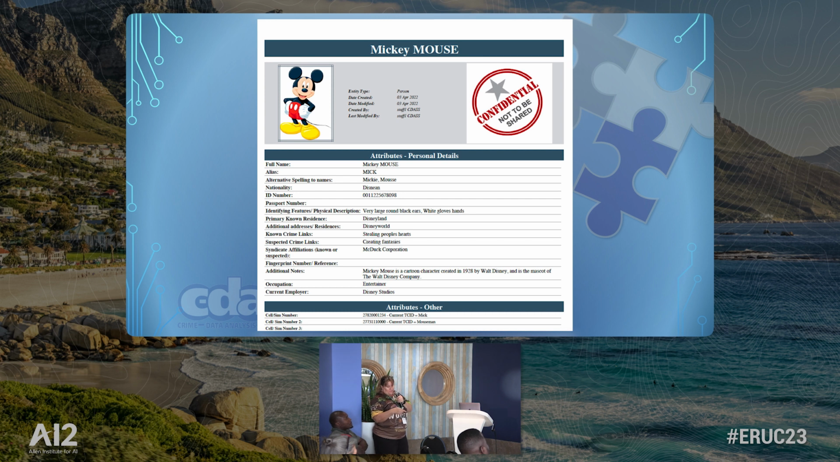Okay, so we've got full name, we've got an alias, he's also known as Mick, any alternative spelling. Because remember, when you're going to search through something, your database is going to search through words. If somebody spells it incorrectly, you still want to be able to pull up that he's a potential suspect linked to it. I've got his ID number, we've got any identifying features, so he's got his very large, round, black